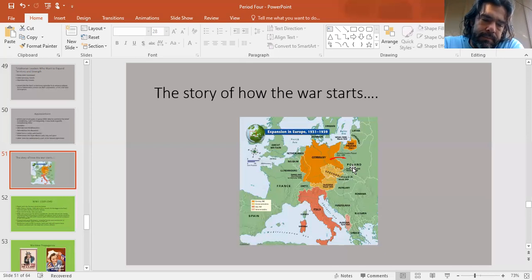So I understand both arguments. The traditional date for the start of World War II, though, is the German invasion of Poland in 1939. And by this point,